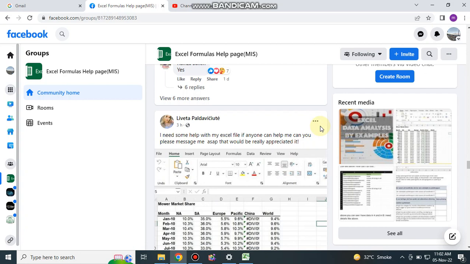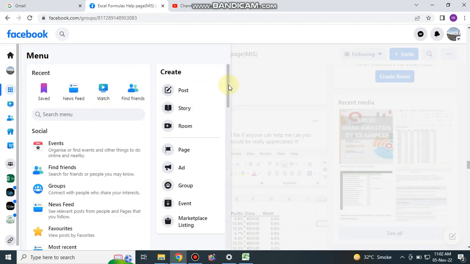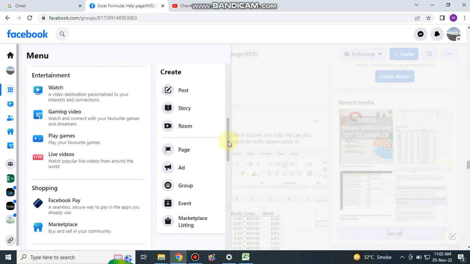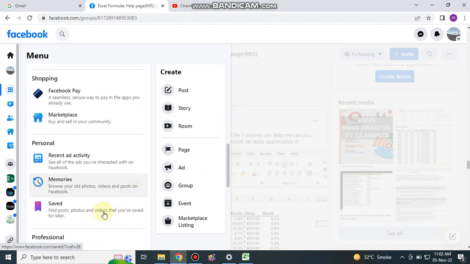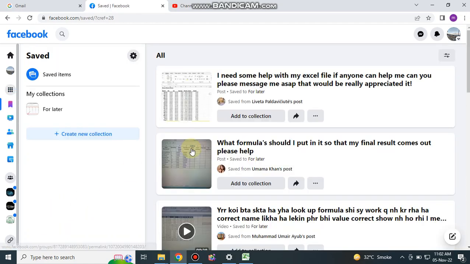How can I find this saved post? I just click on the menu. This is the nine-button menu. Click on it and go down. You see Saved. Find posts, photos and videos that you saved for later. It is under the personal heading, Saved. Just click on it. Here you see this post. This is my post, then I can click on it and watch it, or watch my videos or